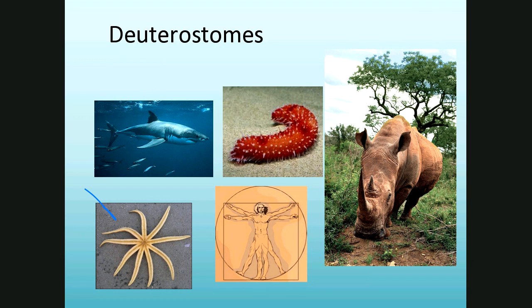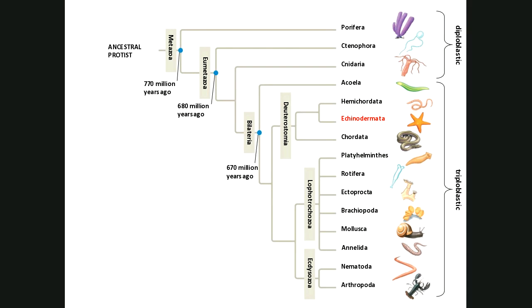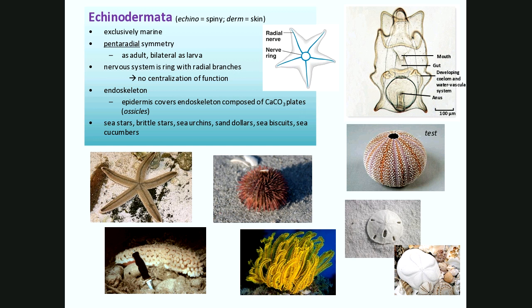Sea stars are very typical with 5 arms. They don't have to have 5 arms. This is a Florida species of sea star. I can't remember what it's called. I think it's something very plain, like the brown sea star or something like that. All right, but the deuterostomes. About 670 million years ago, we get this bilateral group that breaks off into the protostomes and then into the deuterostomes. And again, what we're going to be talking about specifically first in the deuterostomes are the spiny skin guys, the echinoderms.